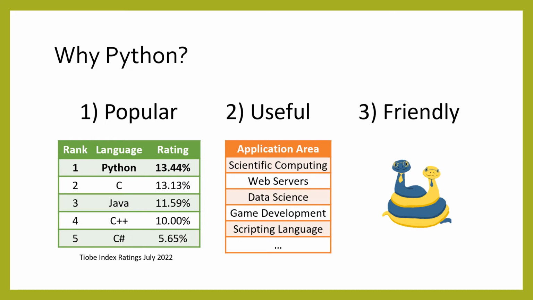You might be wondering why Python is a good language to learn if there are so many options. First, Python is one of the most popular languages in the world. In fact, according to some metrics, it might be the most popular programming language in the world. Second, it has a huge number of libraries that make it useful for a wide range of problems in scientific computing, data science, web development, and much more. Third, it is sometimes called a friendly language for beginners because many people have found it easier to learn than other languages, despite being so popular and powerful.